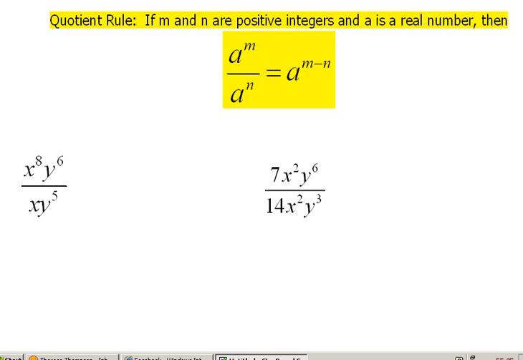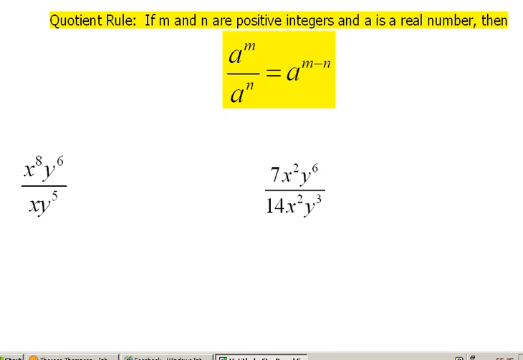Here we have the quotient rule, which is different than the power of a quotient that we just talked about. So it is going to be very important to keep these all straight. Just drill yourself on the rules. It's so crucial. This one says if we have m and n that are positive integers and a is a real number, then